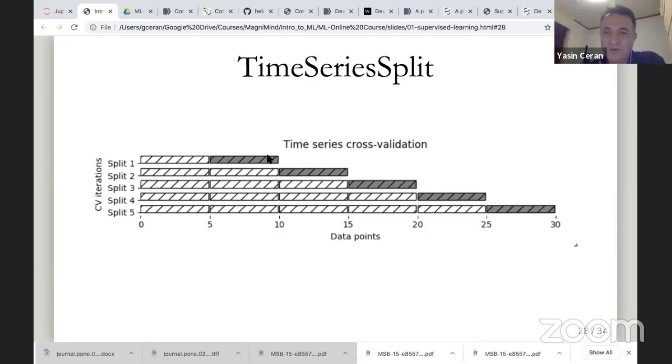When we are doing cross-validation on time series data sets, we are taking, for example, the nearest data points as one fold and others as the other fold of the trained data set. Okay,